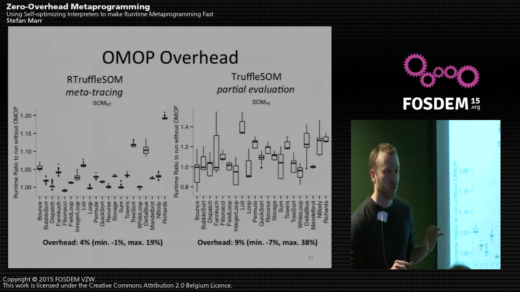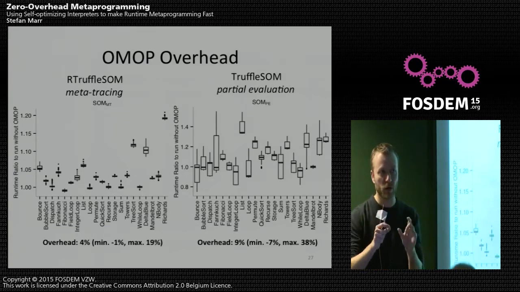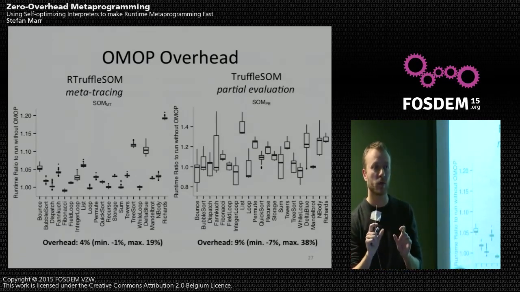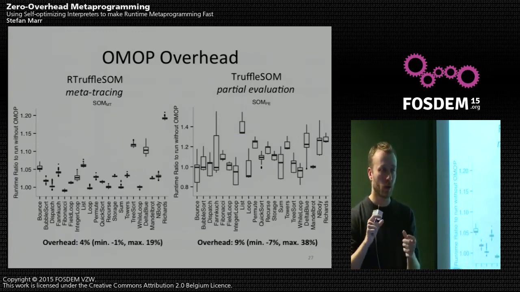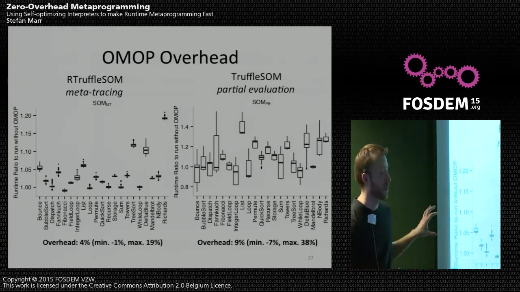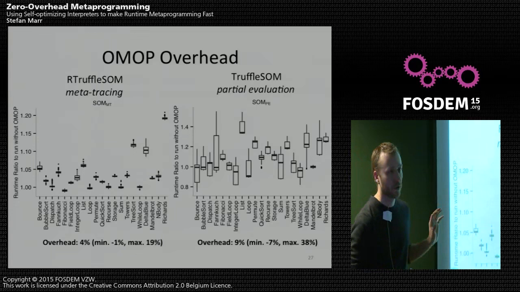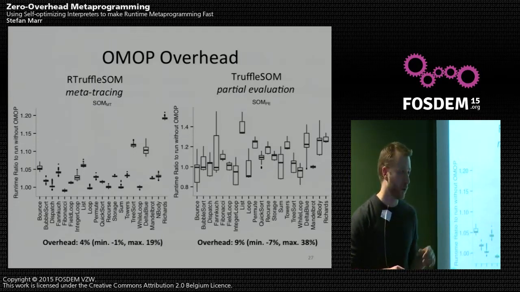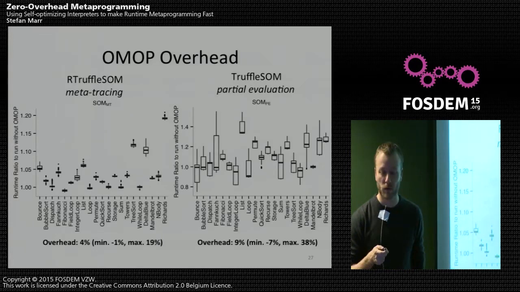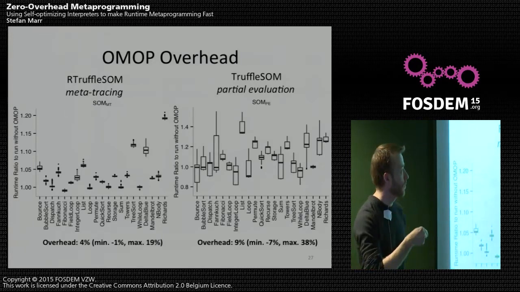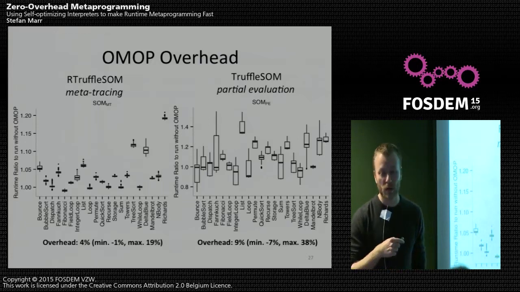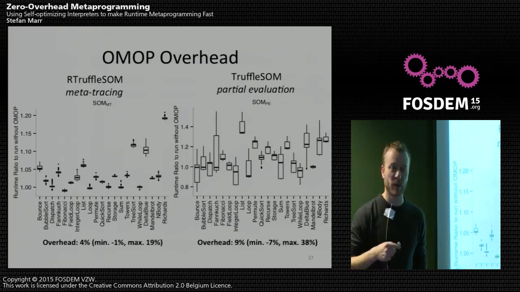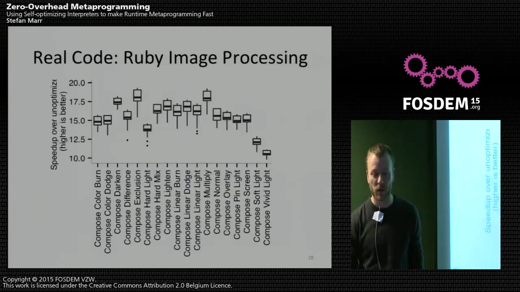The most important insight here is that we don't see the 7x overhead. There is still a little bit of overhead because we have that extra semantics. At any single point in the program we could change again what the field write means by associating another meta-object with a base-level object. So there is some semantics that we still need to support, but other than that there is essentially no overhead to speak of, at least not the 7x we saw before. Now you might wonder, why are those meta-object protocols important? Maybe it's not important for you, maybe it's really just an academic thing I'm interested in. So let's look at something more